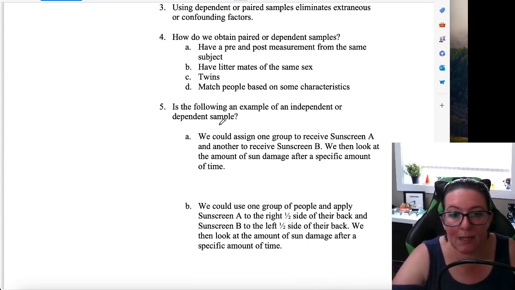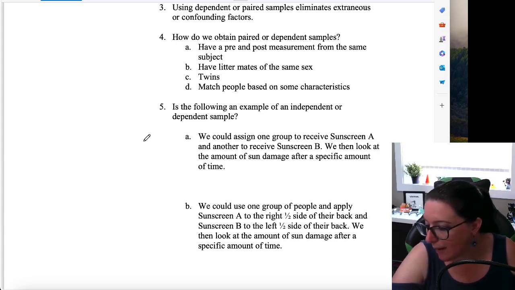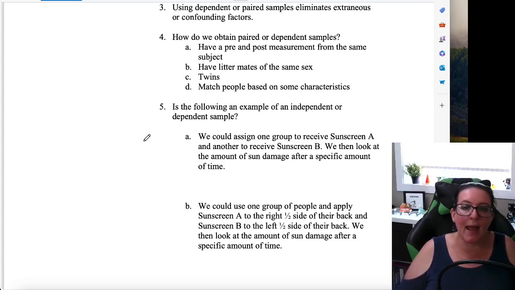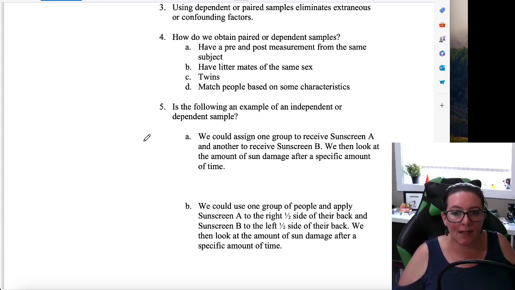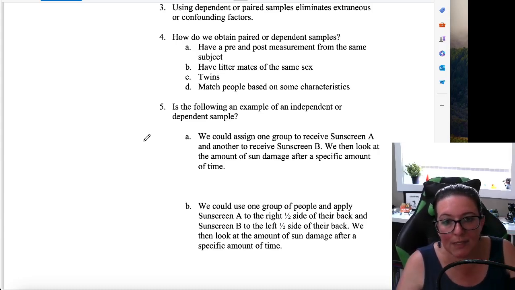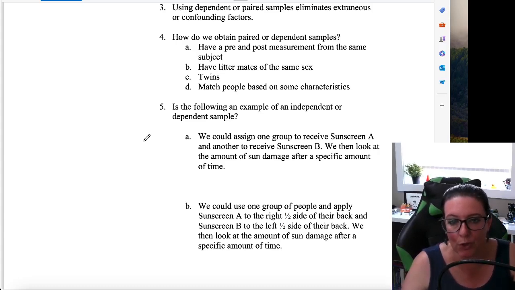So if we were to look at some of these examples, is this an independent or a dependent sample? So suppose we assign one group to receive sunscreen A and another to receive sunscreen B when we look at the amount of sun damage after a specific amount of time. So if we take a group and we simply divide them in half and one gets A and one gets B, these are independent samples if we randomly pulled from the group and they only live in sunscreen A or